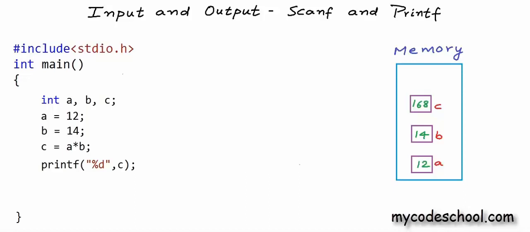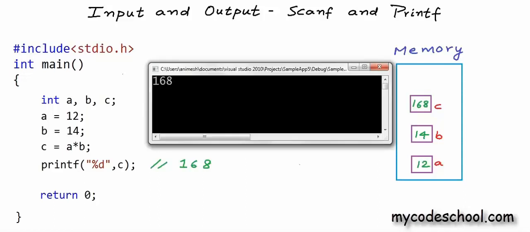So what should be the output of this printf statement that I've written here? Well, in the string constant we only have a %d. This %d will be replaced by the value in c, and the value in c is 168, so 168 will be printed on screen. I'll just put a return 0 at the end here, and now if I run this program,